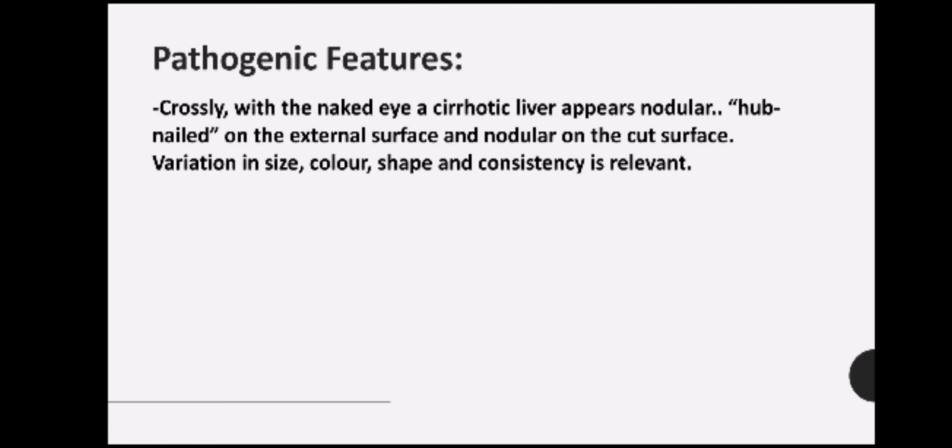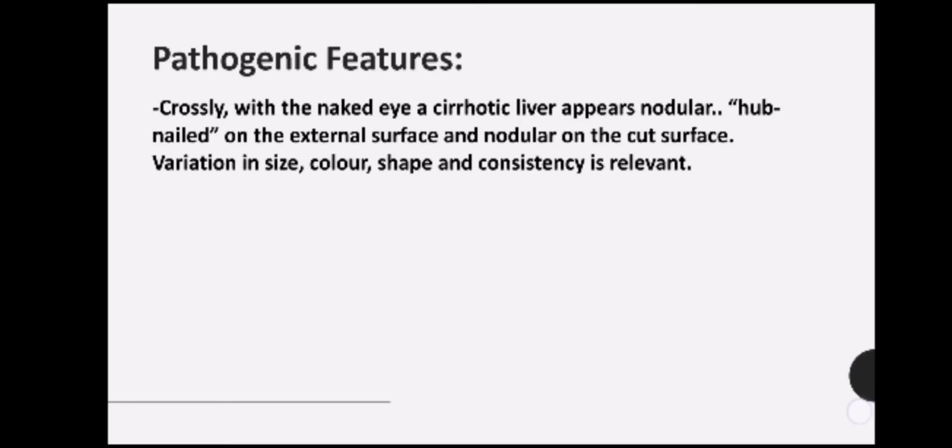The cirrhotic liver is variable in size; it is at first enlarged, but with progression of the disease it becomes smaller. Also, it is variable in shape. Its surface is irregular, its consistency is firm, and the color is often yellow if associated with